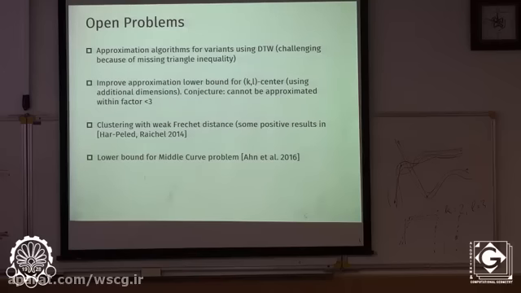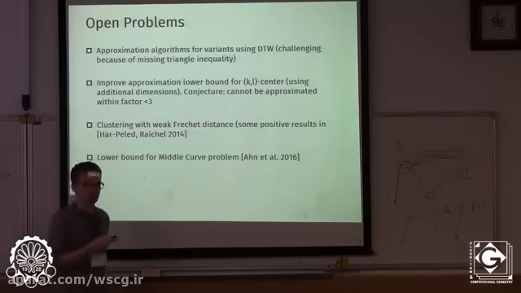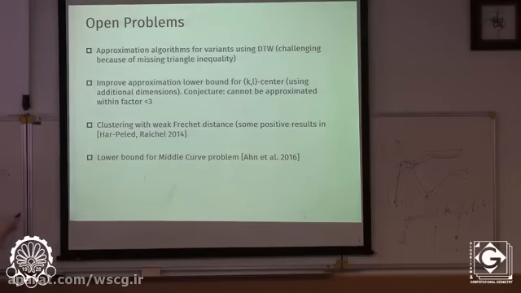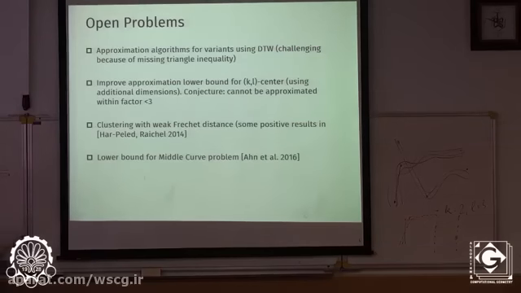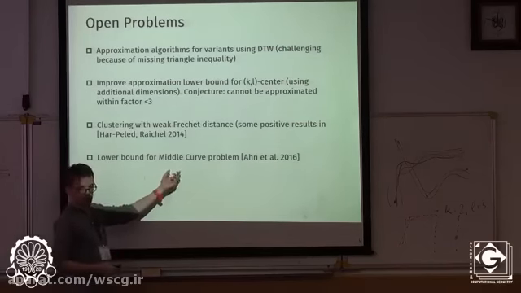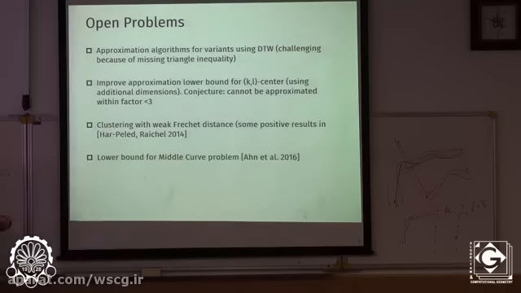And also there's this middle curve problem by Buchin, Ahn and others. Actually quite a few of recent speakers here, so Carola Wenk on that paper, and Helmut Alt and Kevin Buchin. They gave algorithms for this problem, but did not discuss lower bounds. And that could be an interesting problem to study. Now I have to say, I guess they're NP hard. But they have algorithms where the number of trajectories also shows up in the exponent. So you can think about hardness, but you can also think about conditional lower bounds, where